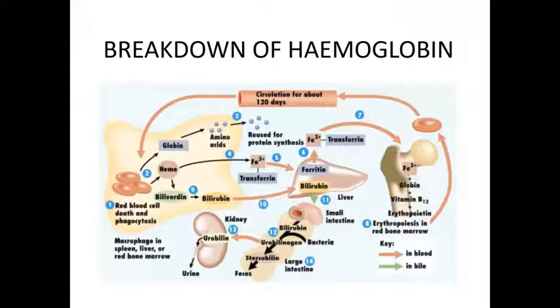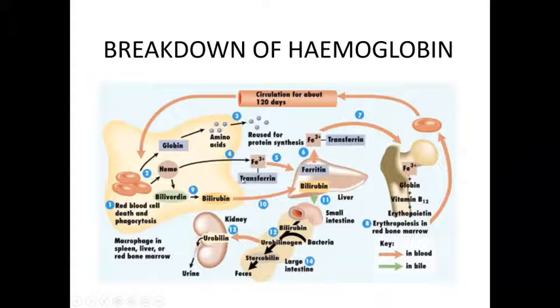Now we will see the breakdown of the hemoglobin. As we know, the RBC, red blood cell, contains the hemoglobin. When the hemoglobin is split, it forms one globin part and a heme part. Globin is the protein part, and that will be used for the synthesis of amino acids. Now the heme contains the ferrous ions,